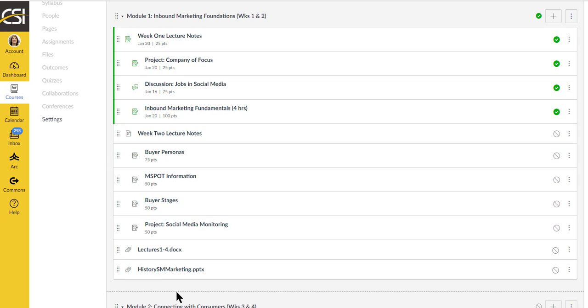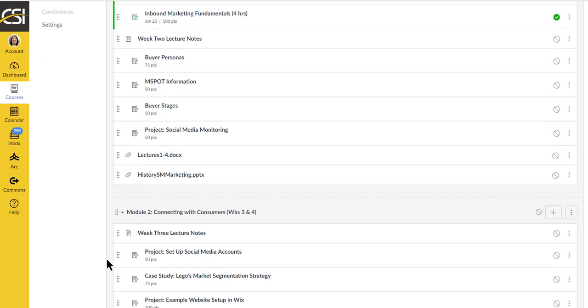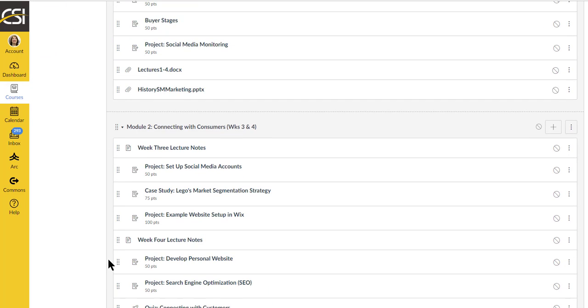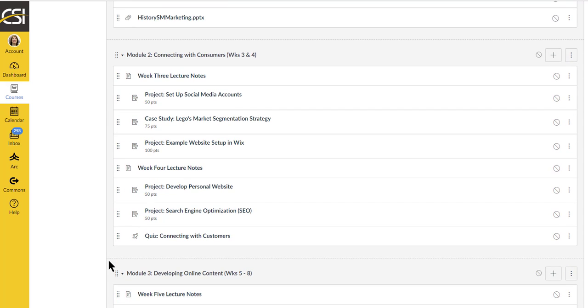So next week we're going to be looking at buyer personas and narrowing down who your customer is. And you're going to look at monitoring social media. Let's see, Module 2, you'll set up your media accounts. You have the option, you may want to use your existing accounts so that your friends and family can see that you're doing work, or you might want to set up a new set that isn't connected to anywhere so that stuff isn't cluttering up your personal media accounts.